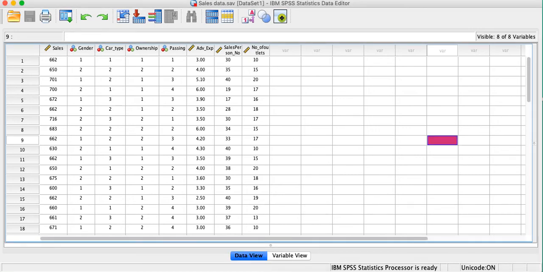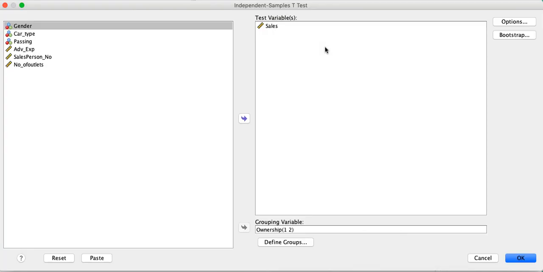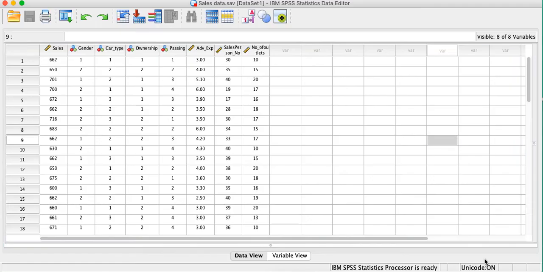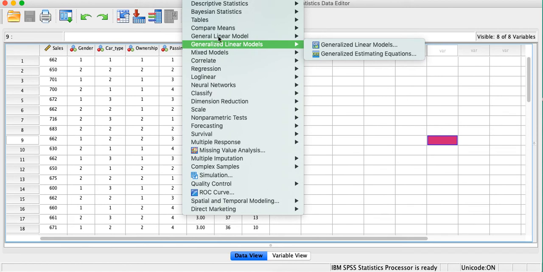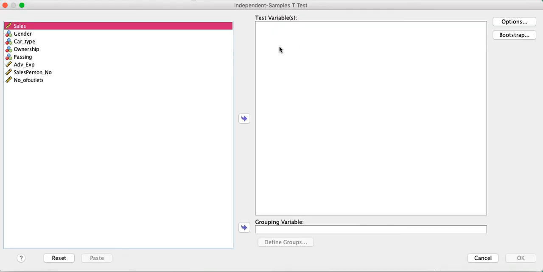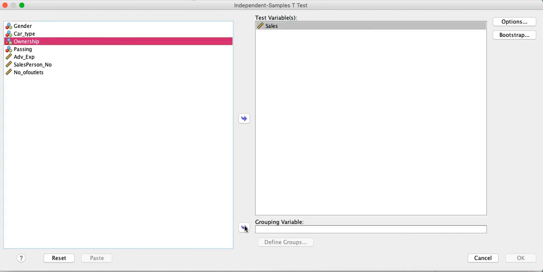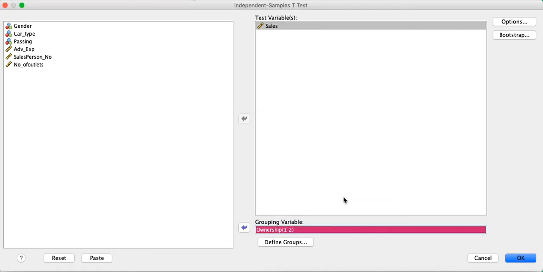We are going to analyze, then compare means, and then independent samples t-test. So this is the path. Let me repeat it: analyze, compare means, independent samples t-test. Click here, take the dependent variable here, and then take ownership here. In ownership we have two groups, 1 and 2, private and public.